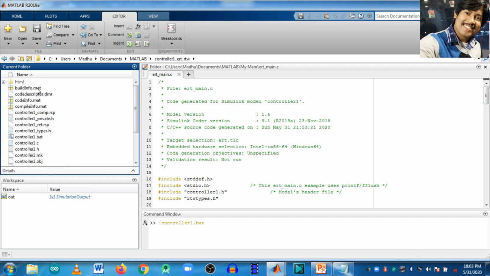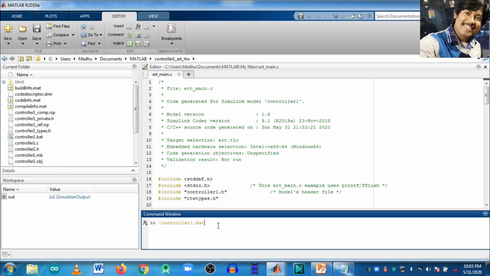This is the path, the exact path you have to provide here. So now enter. It will generate the executable file again.